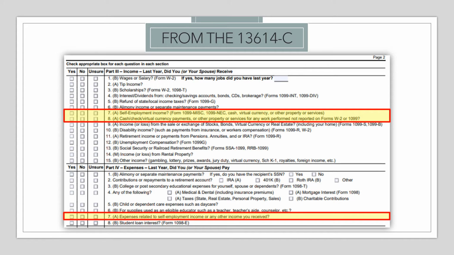And then we also need to be using our interview skills here, because a lot of our clients maybe didn't realize that they received some sort of compensation that was not part of being an employee, and that made them a self-employed individual. They essentially started a business and they didn't realize that. So, some things to look out for might be if our client has some gaps in their